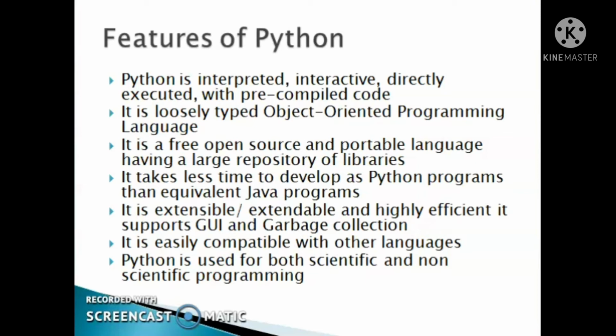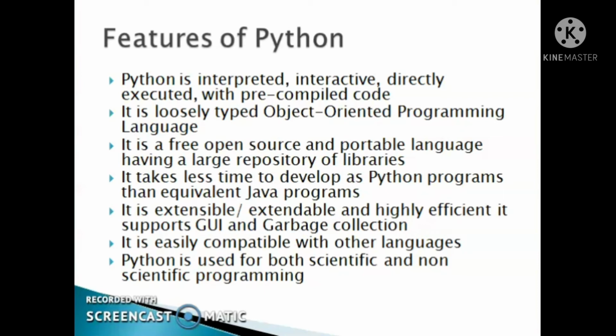This means that it is processed at runtime by the interpreter and we need not compile the program before executing it. It is a loosely typed object-oriented programming language with few keywords and a simple English-like structure, and is easy to learn. It is a free, open source and portable language having a large